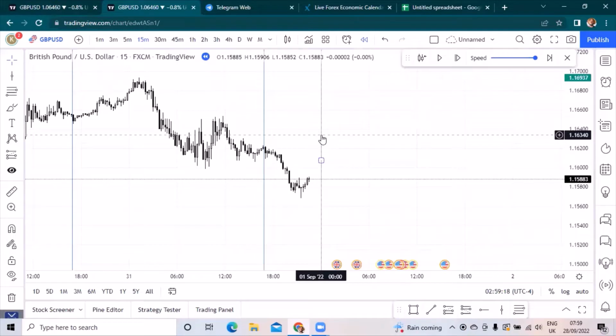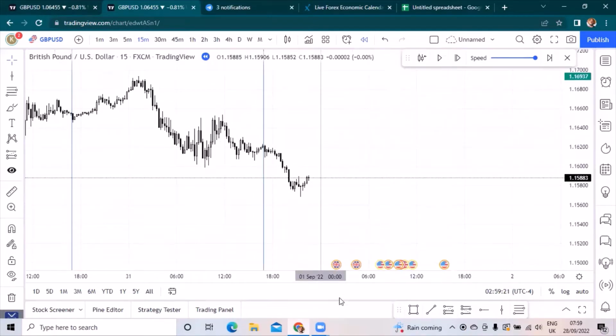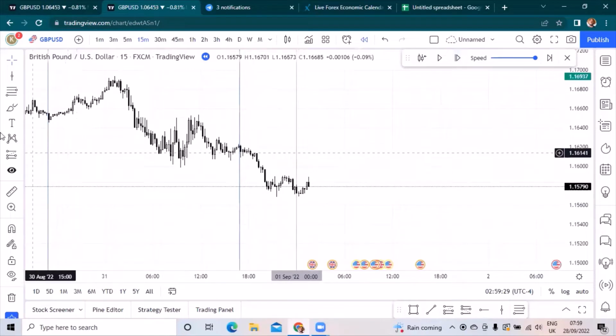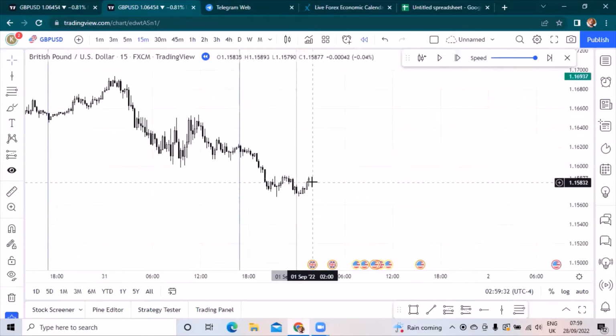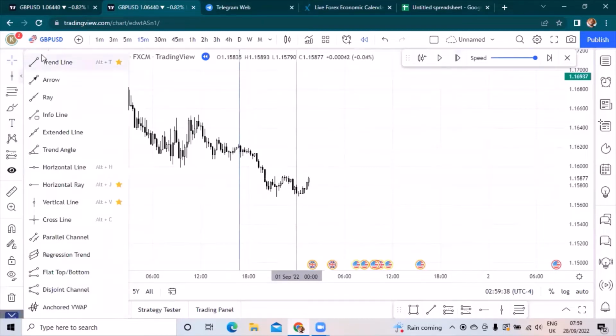So I mark the opening of New York session, opening of New York midnight, 00 hours. That's what I do. And then I wait for price to get to its 2 a.m. Eastern time. That's when I'm ready to trade. So what do I do? Once I'm here, 2 a.m. Eastern time, which is 7 a.m. in the morning,